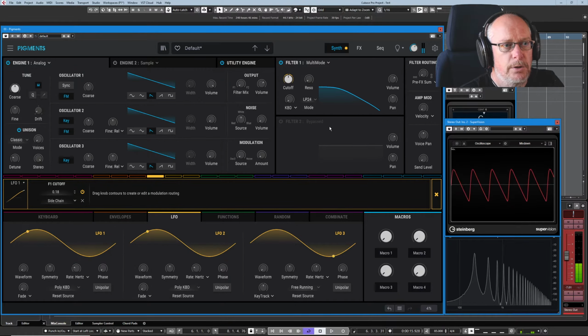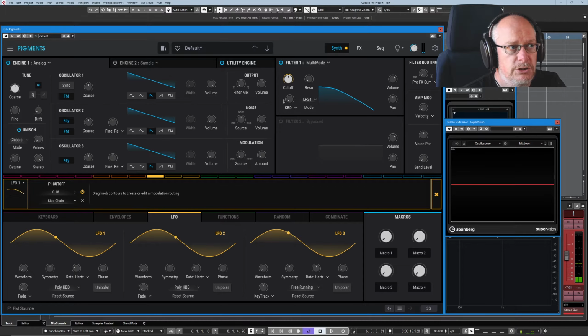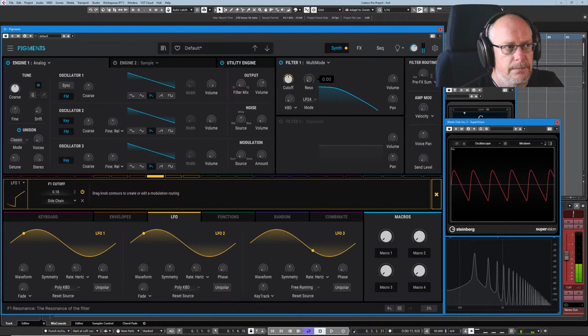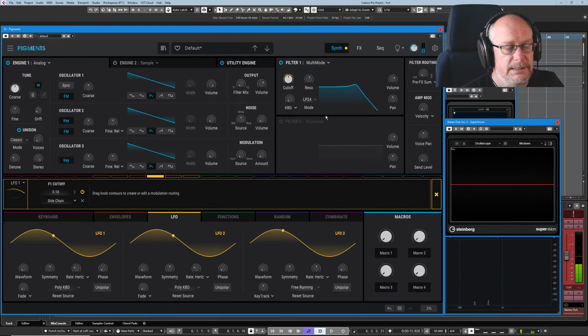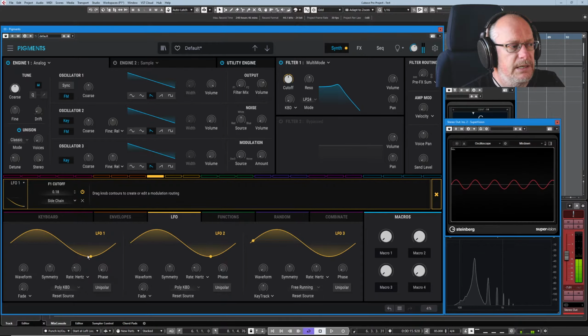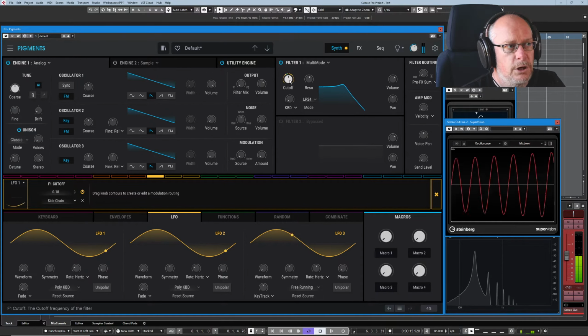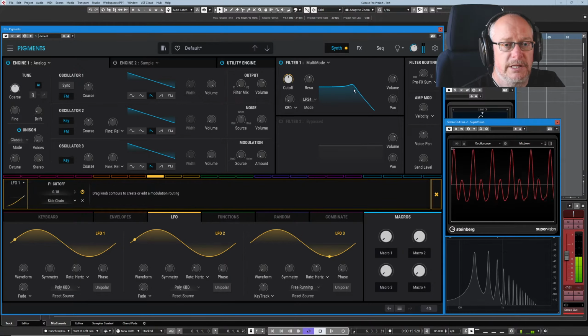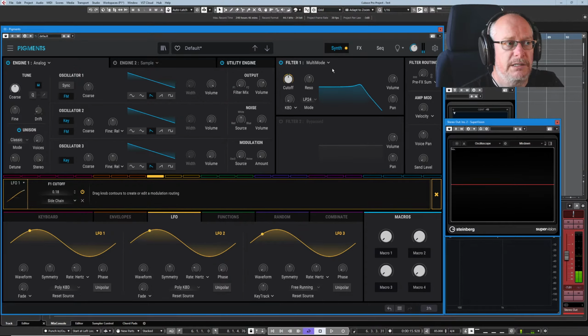So we're hearing the pulse of the low frequency oscillator being applied as a modulation source to the filter cutoff. Let's make it a little bit more intense by giving us a nice resonance spike. Makes it much easier to hear what's going on. And now you can see that the LFO is corresponding to the increase and decrease of cutoff rate that we're hearing from this modulation. If I increase the cutoff knob,